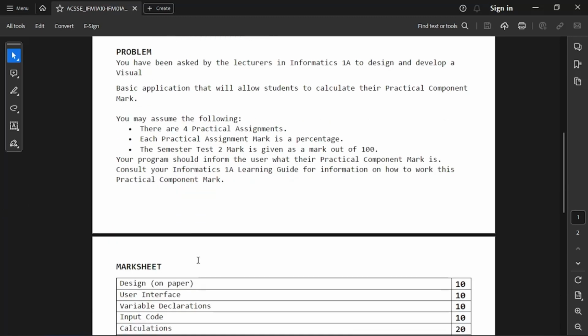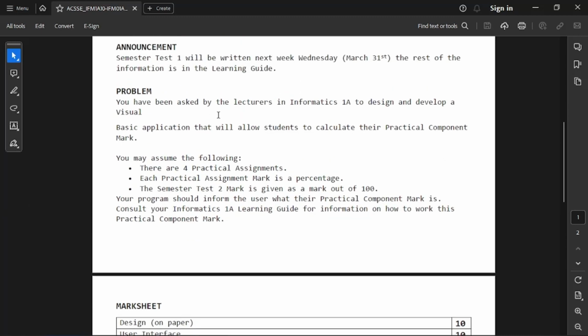I think the formula is practical marks multiplied by 65 over 75. Is it 15 over 65, plus semester test 2 multiplied by 65 over 75? All I know is that together they must give you 75 out of 75. But anyway,